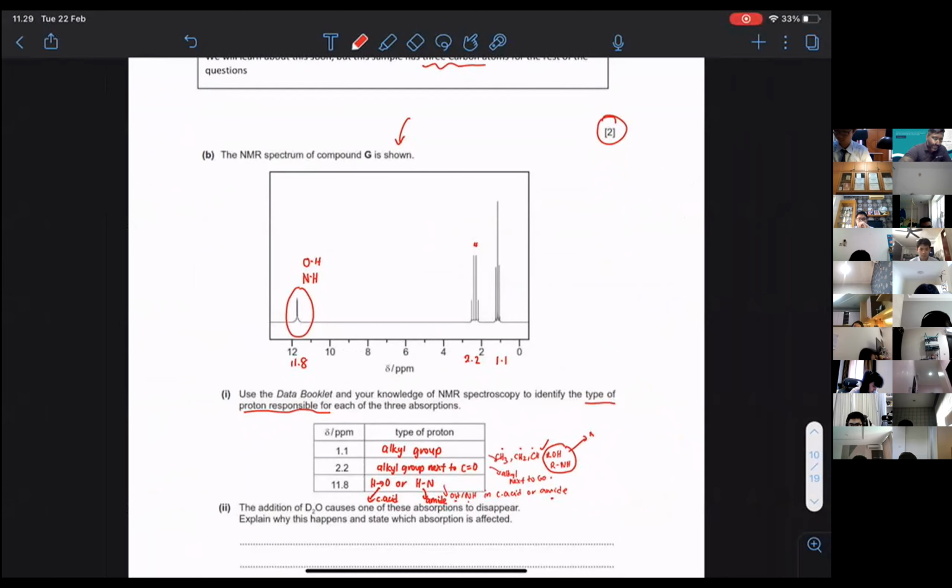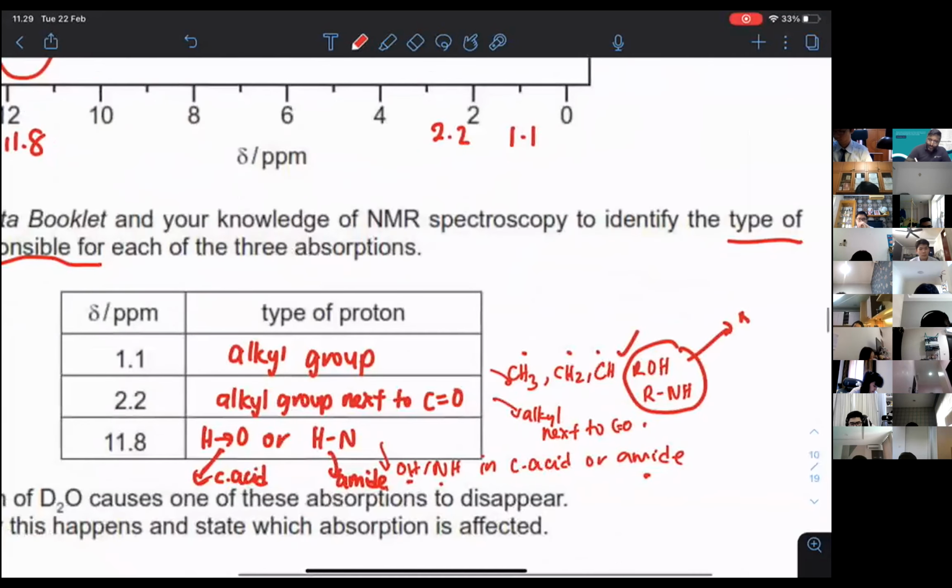This is what? One. So this one, the answer given is going to be